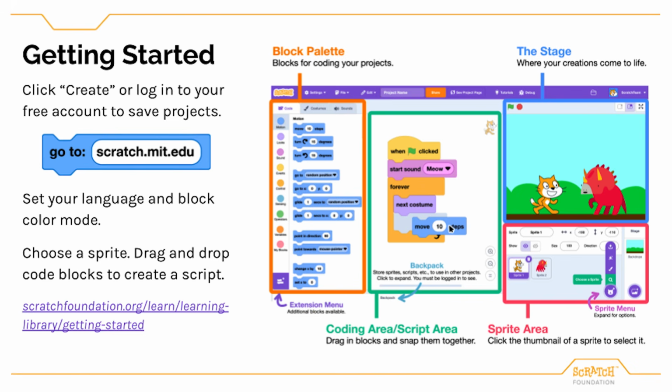You can choose your preferred language or color mode, original or high contrast, under Settings, and see our tutorials or debug buttons for helpful tips when creating projects. When logged in, you'll also have access to Remix projects, which is making a copy of someone else's shared project to modify. I highlight some remix opportunities in this series. Or share a project that you created inspired by this series, using the Share button to make your project public.